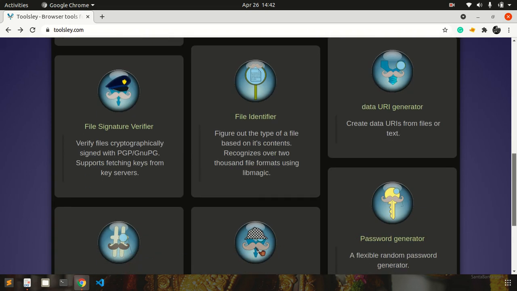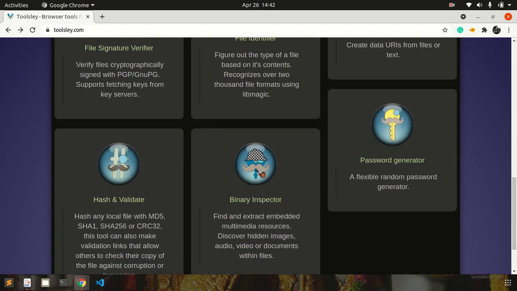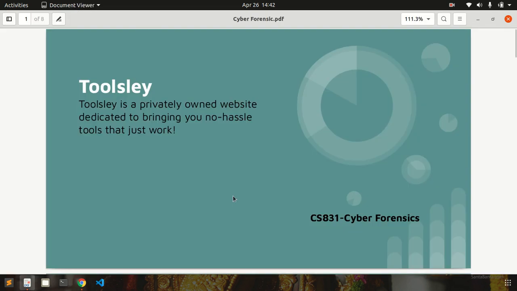Now the question comes whether this is a hardware forensic tool or a software forensic tool. It is a silly question, you can easily guess what kind of tool it is, but let me explain.